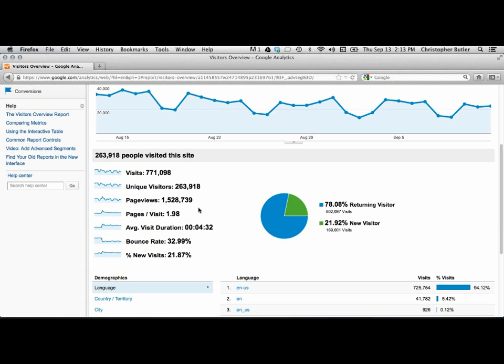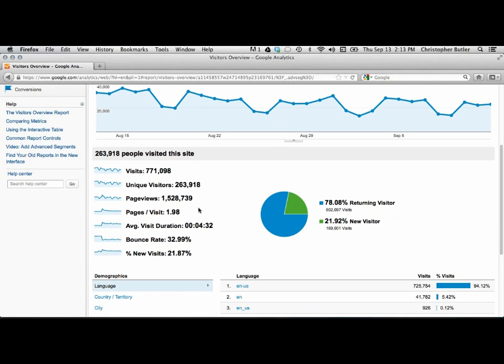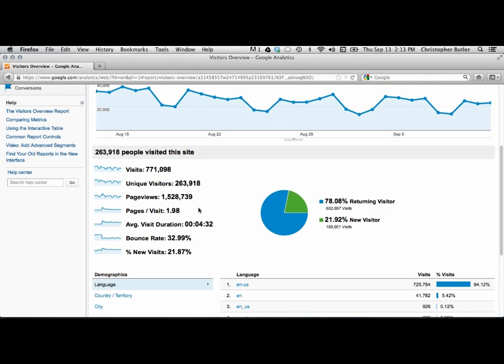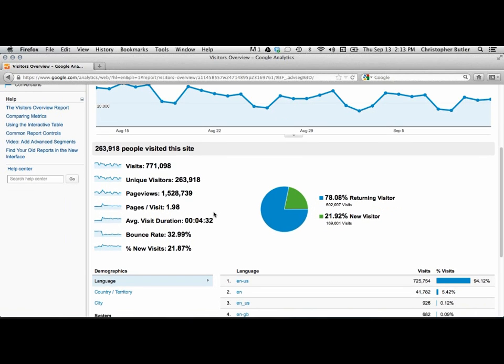The statistic after that, average visit duration, is pretty self-explanatory. This is the time a user spends browsing the site in one session, meaning from when they first arrive to when they leave. Now, if they come back the next day, they start a new session. So if your mom is still hanging out on your site for 2 minutes every single day, she's not skewing your average as far as